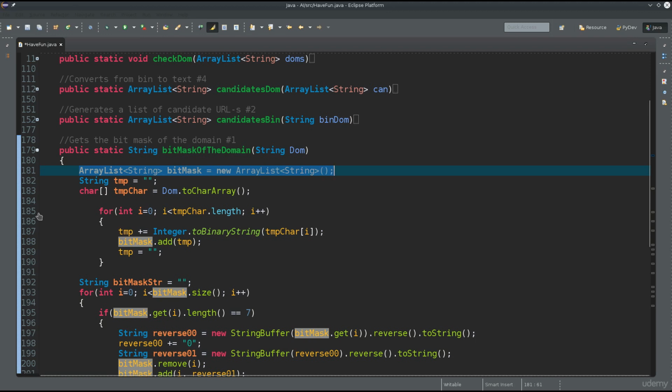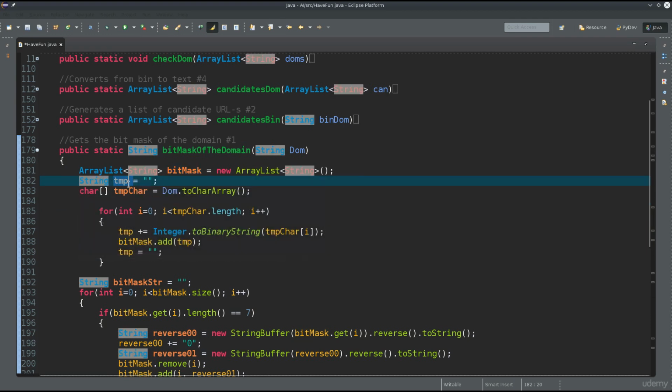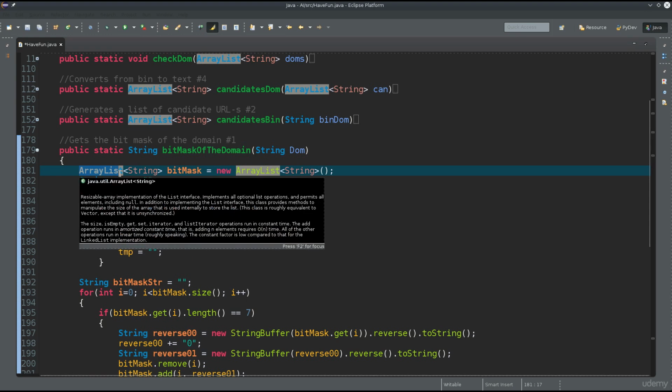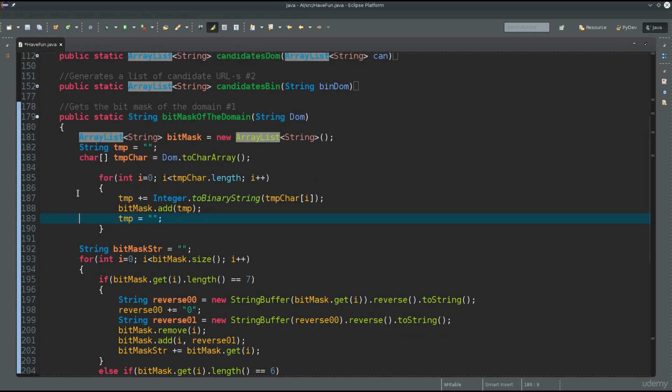This is how you declare an array list. Then I declare a string tmp, which is going to be a holder of values, and I initialize it to empty. I'm using an array list because I want a dynamic size. You have arrays, which have fixed sizes, which are immutable, and you have array lists, which have dynamic sizes. Since I don't know how many different variations I will get from the domain name that I have passed, I do not know what the size of the array will be. Therefore, I need to use something that is dynamic. Anyway,